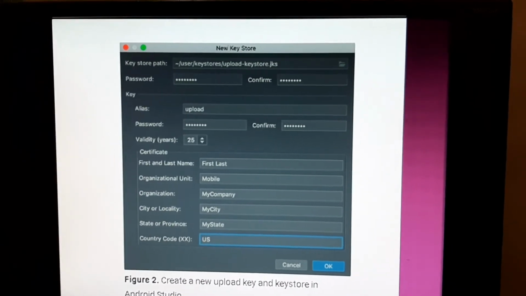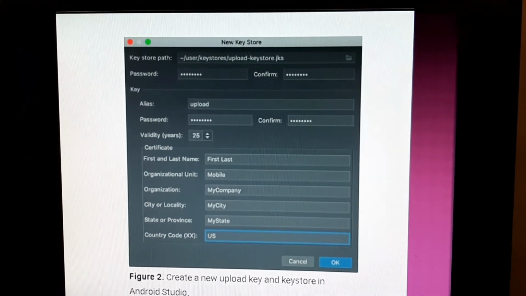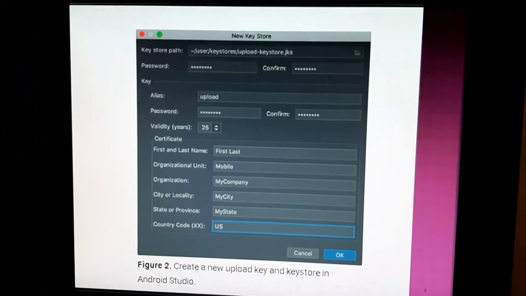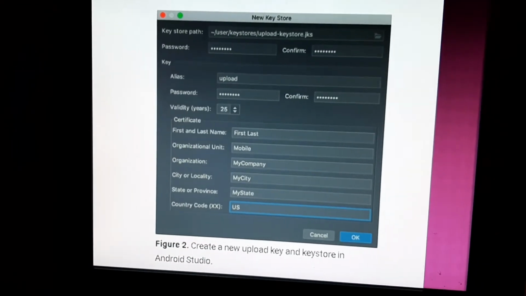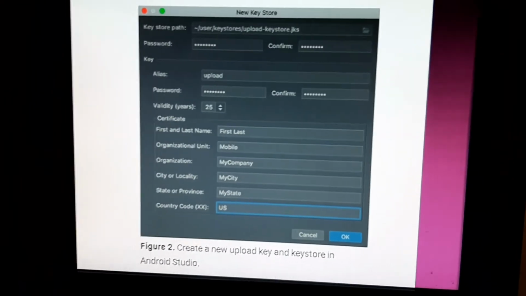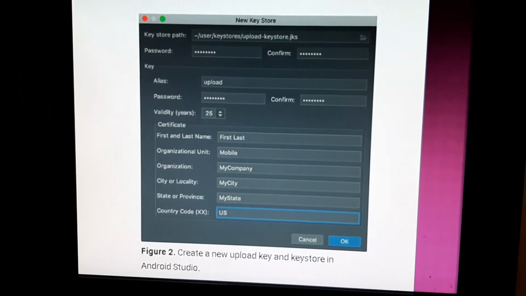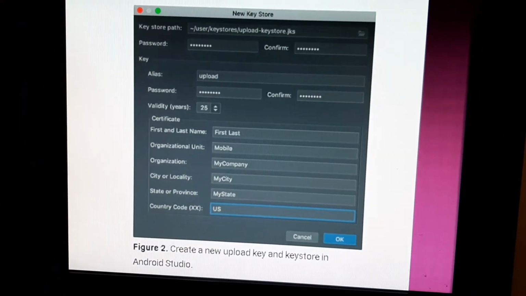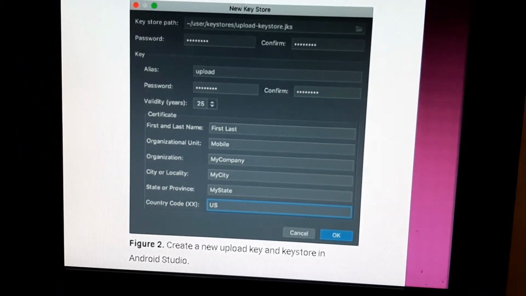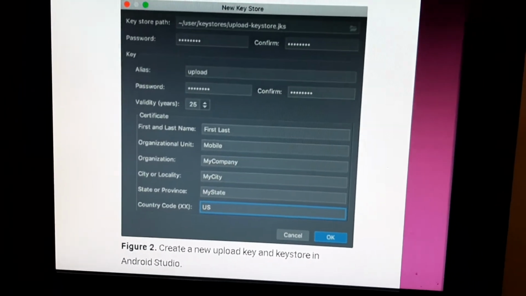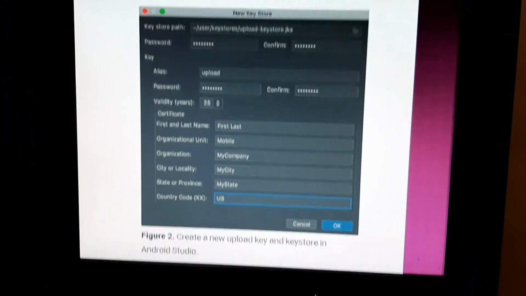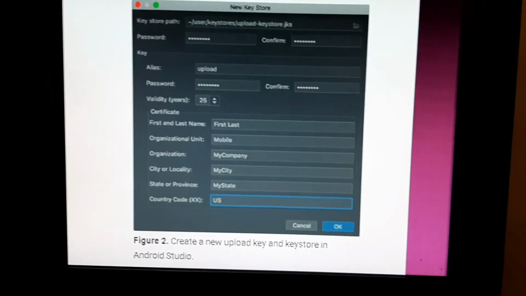Your key should be valid for at least 25 years, so you can sign and update with the same key through the lifespan of your app. Certificate: enter some information about yourself for your certificate. This information is not displayed in your app but is included in your certificate as a part of the APK. Once you have completed the form, click OK.